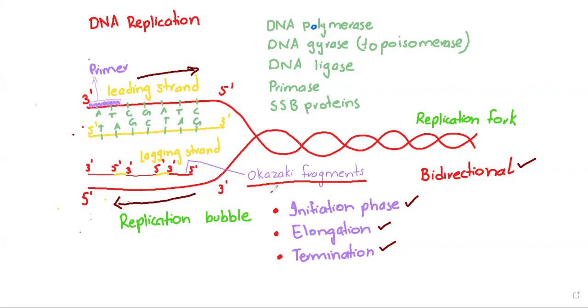I actually only wanted to give you an overview of DNA replication. So in short, the DNA double helix unwinds, primers are added, and DNA polymerase extends new strands in the 5 to 3 direction. The leading strand is continuous, and the lagging strand is in fragments. Enzymes like ligase and topoisomerase ensure smooth and complete replication. So this is the summary of DNA replication.